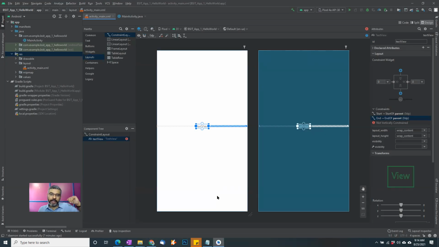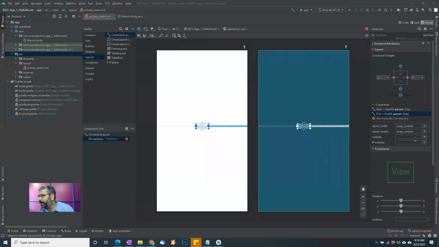And because I've done left, so initially it went to left, then right, so right. So now I have a left to right constraint from both sides. So my component will remain at the center of screen because half constraint is there, half constraint is there. As simple. Okay. So this is basically where we set these constraints. I could have clicked on these plus buttons also to set a constraint.